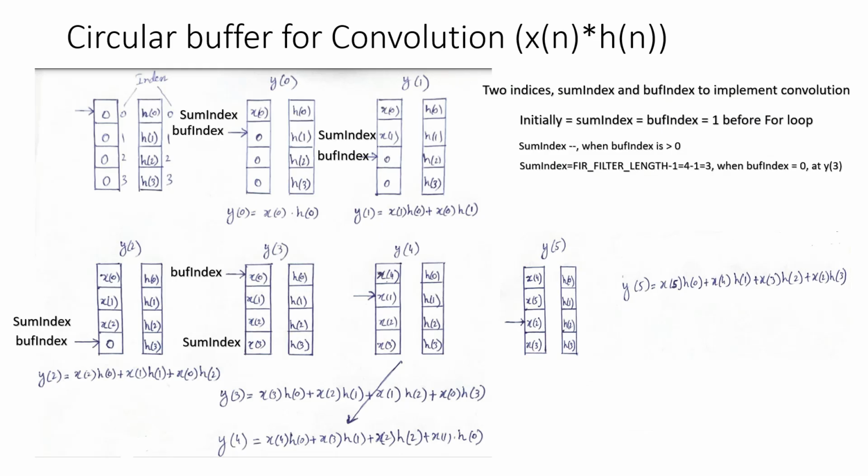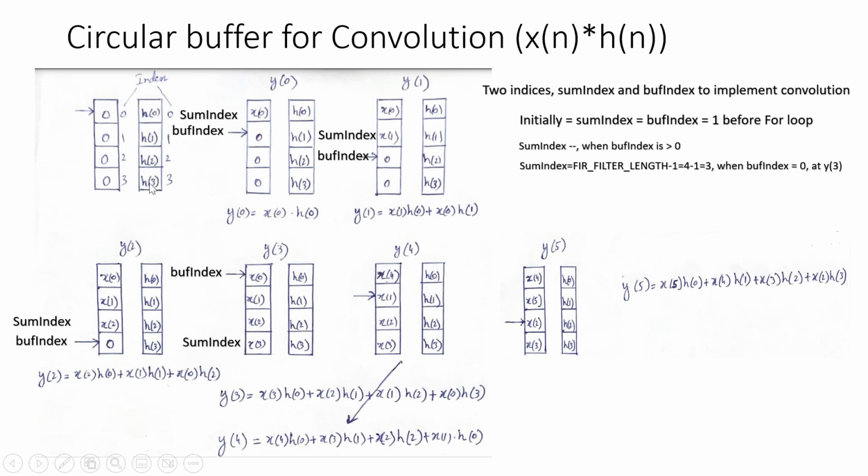This is the slide which shows how to implement the convolution with a circular buffer in a microcontroller. So I have two buffers, one this array and this array. I will store my samples in this array, and my impulse response is stored in